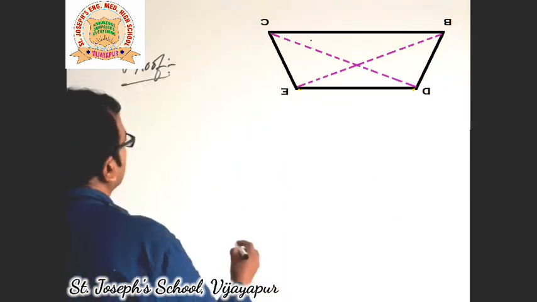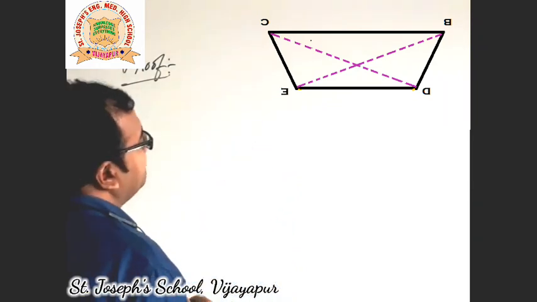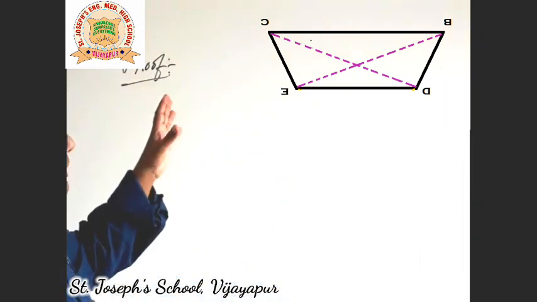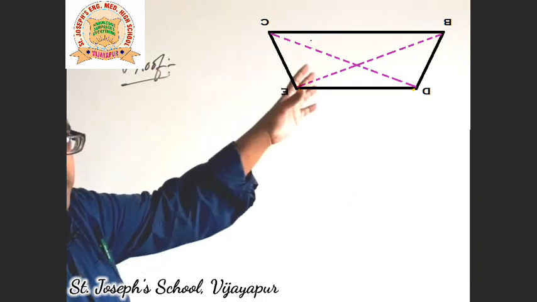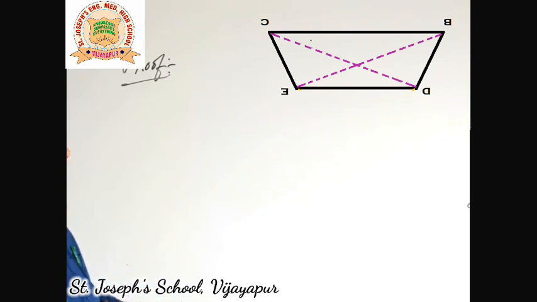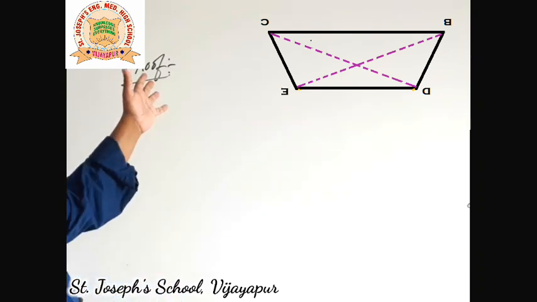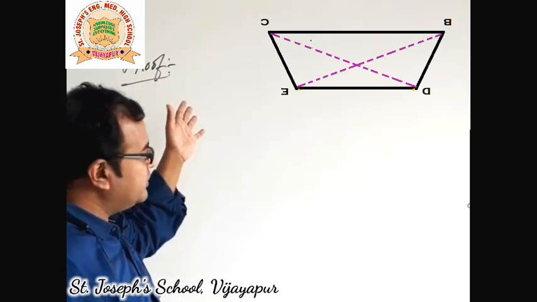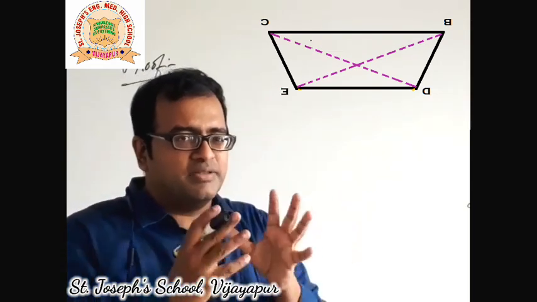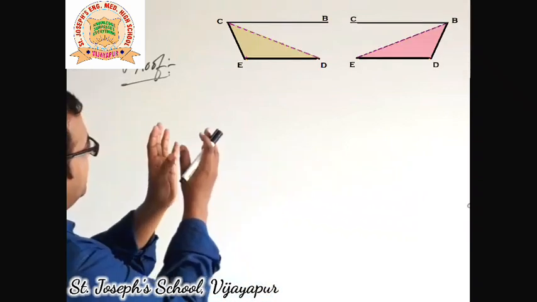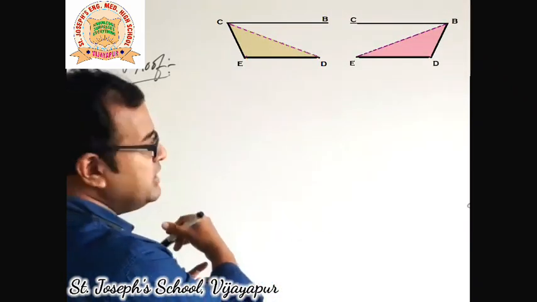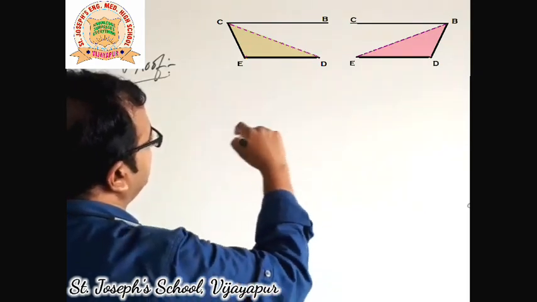So what does it look like? Fine. It is BC on the top. Right? CB, you can call it CBDE, right? Looking at this trapezium right now, let us concentrate on that. Look at that. Can you see two triangles hidden there? I'm going to separate the two triangles. See, I'm separating the two triangles. One is CED, yes, and on your right side you will see BED.